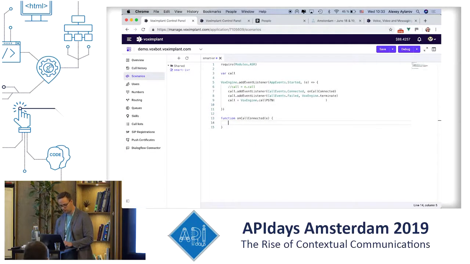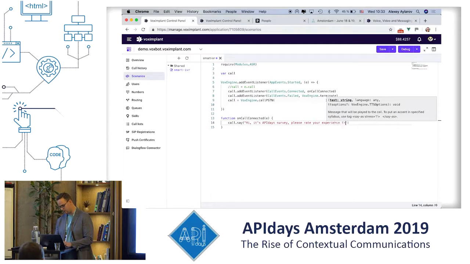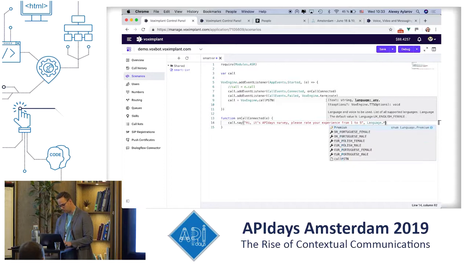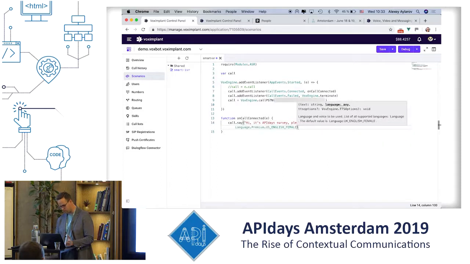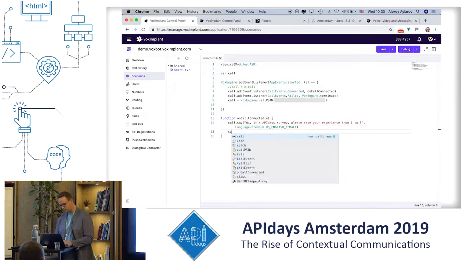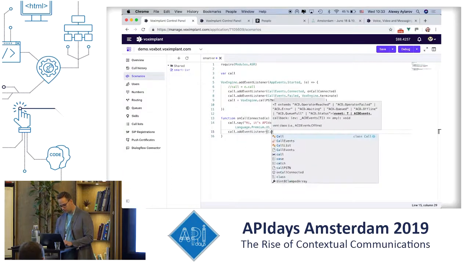What I'm doing here is, I need to say something to the caller. So what Dennis showed with the block in smart calls, in my case, it's a string of code. Hi, it's APIdays survey. Please rate your experience from 1 to 5. I can also use different languages, but in this particular case, I'll just use the default one. And after that is played back,